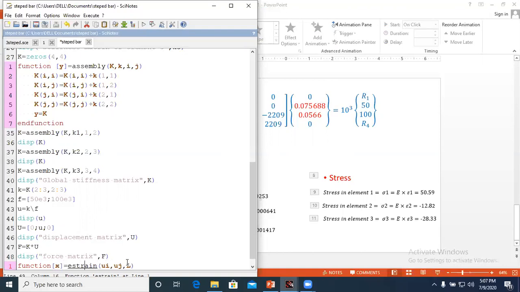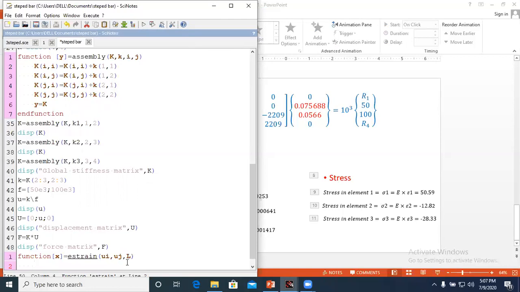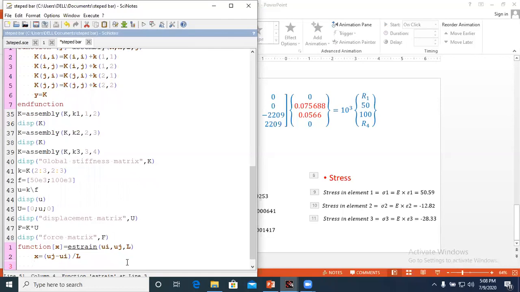Next, I am going to calculate the strain. Suppose E is the variable for the strain. Okay, you can use x directly. x is equal to, in bracket, uj minus ui divided by L. Okay. Now here I will end the function.